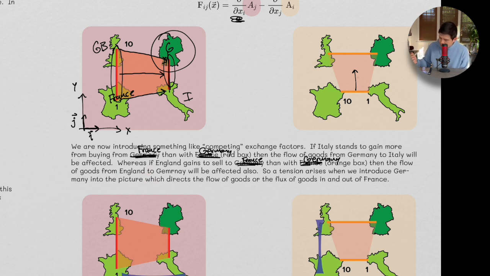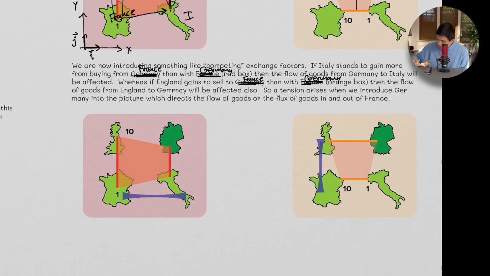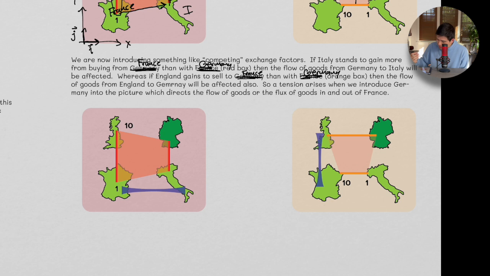So a tension arises when we introduce Germany into the picture here, which directs the flow of goods, or the flux of goods, in and out of France. Okay? So this is the picture we have now. So when we introduce Germany to the picture, we introduce a tension between Italy and Germany,